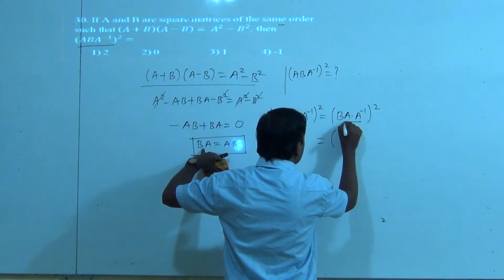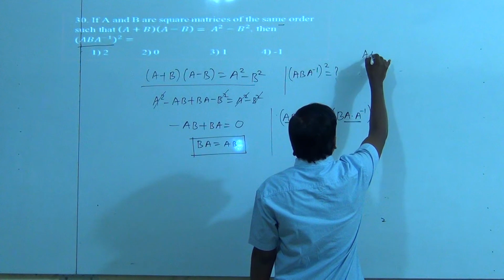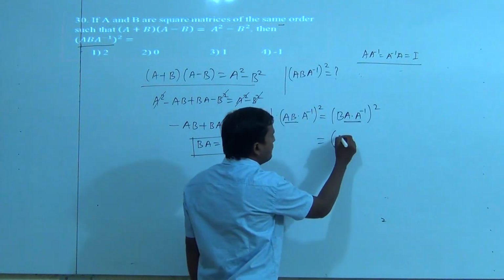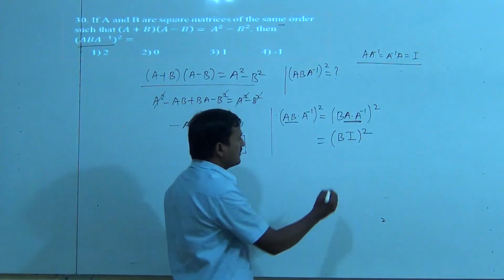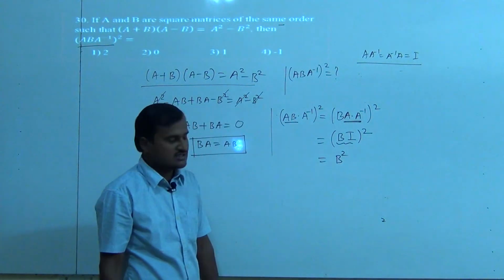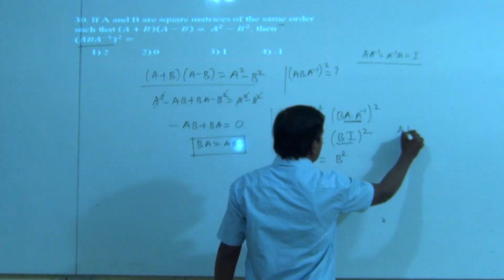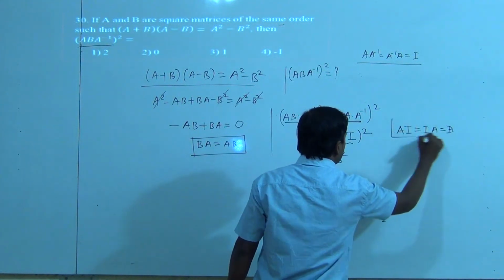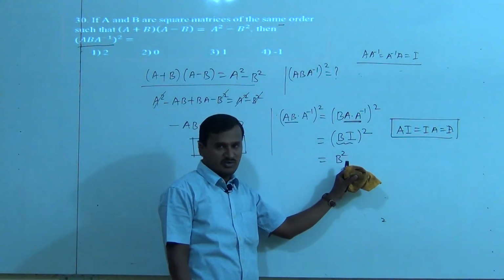Is it right? But what is the value of A into A inverse? A into A inverse is equal to I, because we know that A into A inverse equal to A inverse into A equal to I, we know. Okay, so B as it is, this value becomes what? I, that is I square. Okay, then what is the value of B into I? B into I means B, therefore whole square as it is. So therefore what is the answer? B square. So here B into I, so we know that A into I is equal to I into A equal to what? A only. So therefore just in the place of A, here we have B. So therefore B into I means B only, B square.